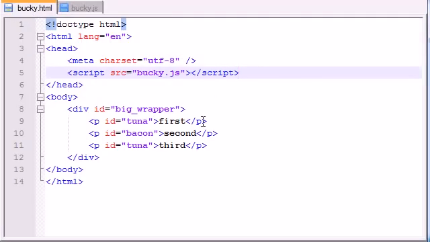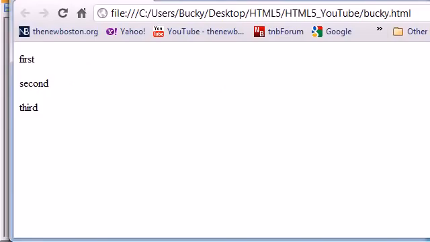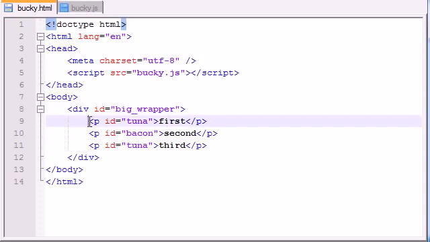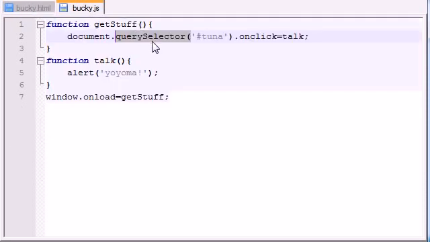what's going on here is this first paragraph and this third paragraph have the same ID. However, whenever we click the third one, nothing happens. We only get an alert box whenever we click the first paragraph. And the reason behind that is because this query selector method right here only can return one single element. So even though there are more than one element with the ID of tuna, this method is limited to one